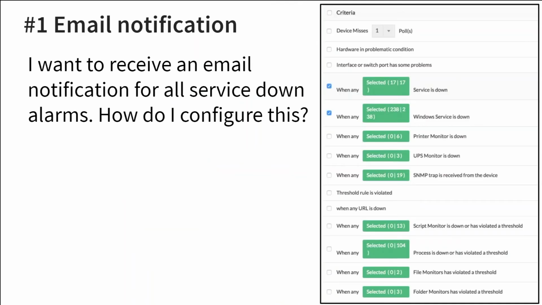Okay, here is a case. I want to receive an email notification for all service down alarms. How do I configure this in OpManager? So the very first step you need to do when you want to configure an email notification is to configure